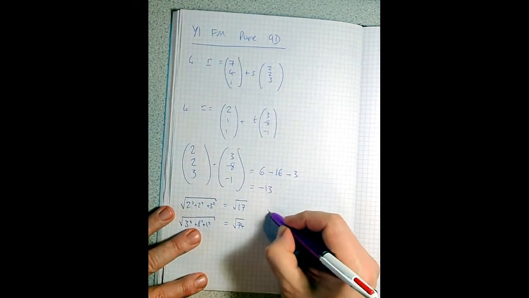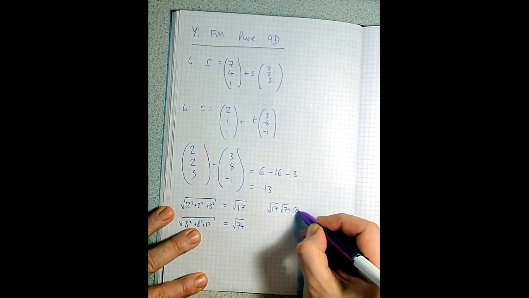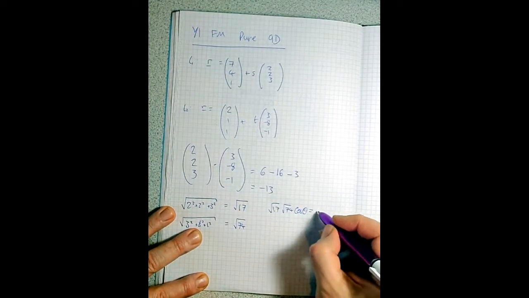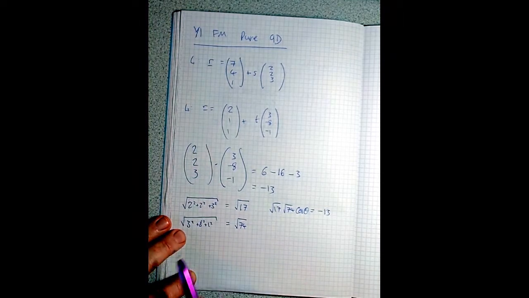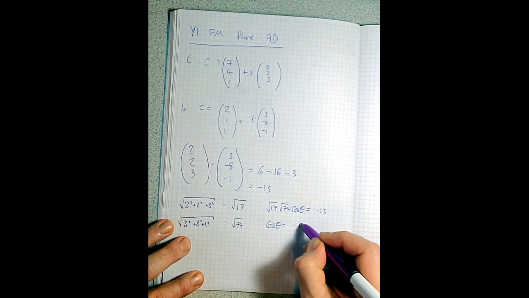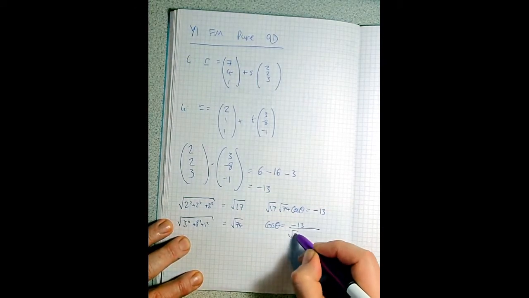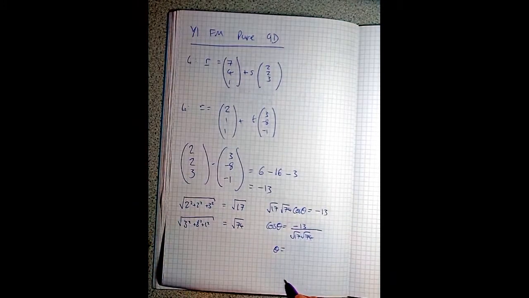So I know that mod a, mod b, cos theta is equal to the dot product. This is now the same as what we did last exercise. So cos theta is minus 13 over root 17, root 74. So theta is